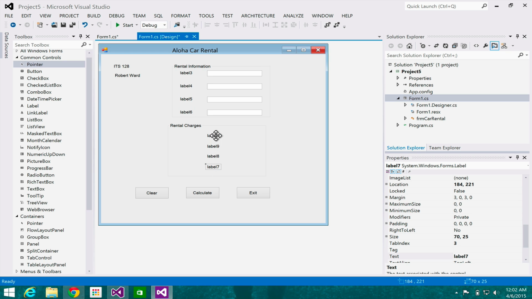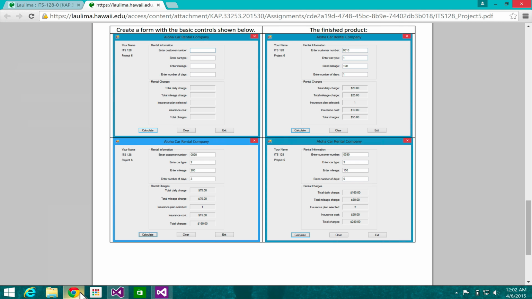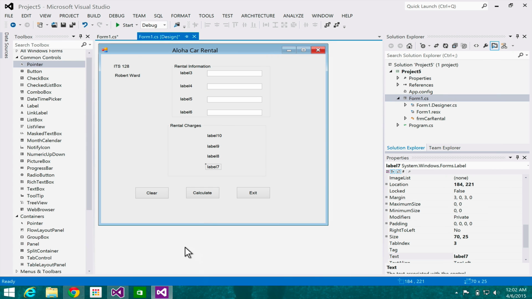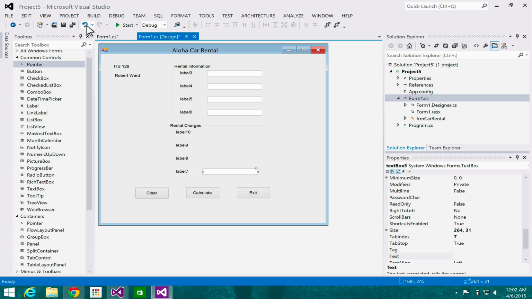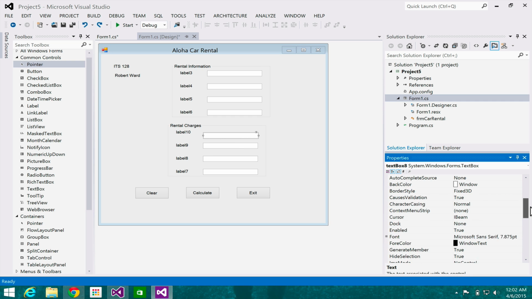And one of the things you'll see here is this is called label 10, which might be a little tricky to actually get the label correct, right? Now, it could be, well, let's see. Actually, I'm going to undo that. I'm going to keep them the way they were, actually. I'm going to undo those because I could make them labels, or I could simply make them text boxes